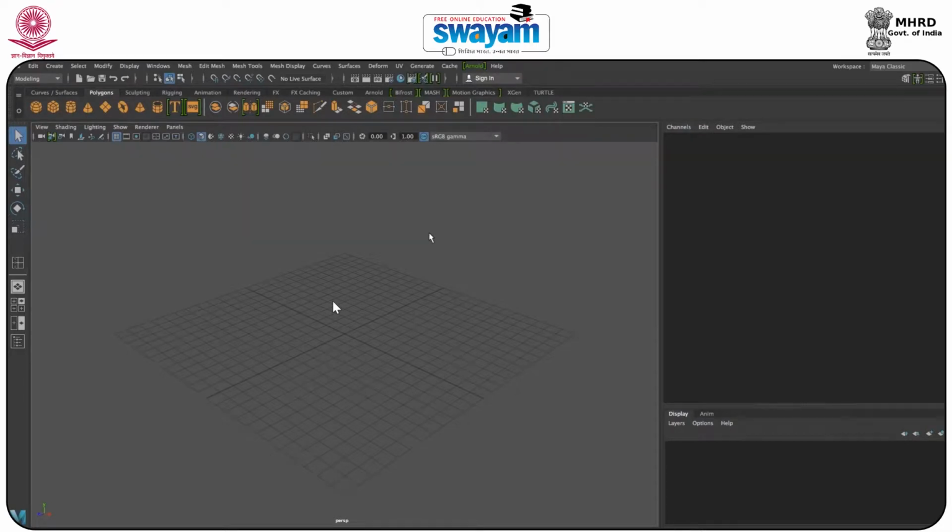Hi everyone. So in this session we will make a rocket, animate it, and produce some fumes with the help of fluid inside Maya 2018. So let's continue. As you can see, we are in the modeling tab, and in the modeling tab we will just click